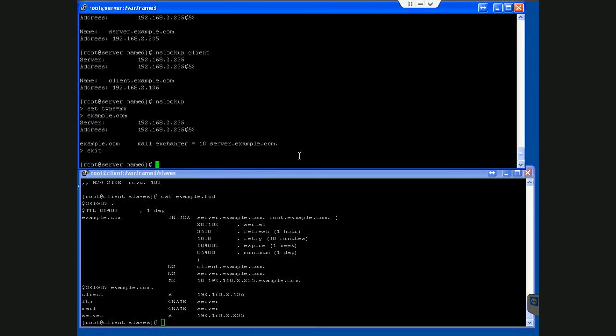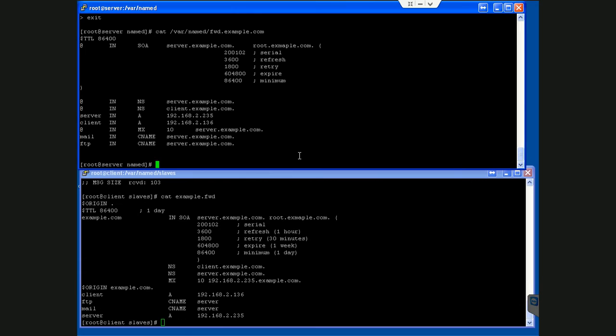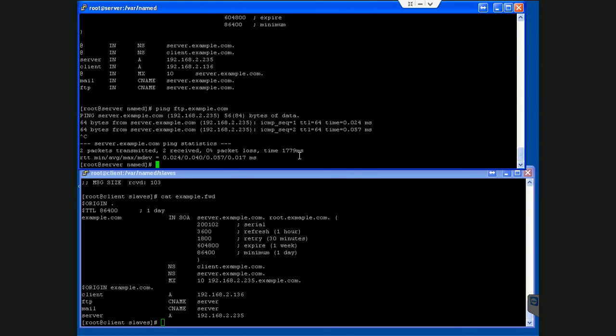One more thing I want to show you is the file that I created for example.com. Cat the file in /var/named, forward.example.com. This is the simple entry we have made, and this is working. Let's check whether my FTP is pointing or not. ftp.example.com. This is pointing. This is also